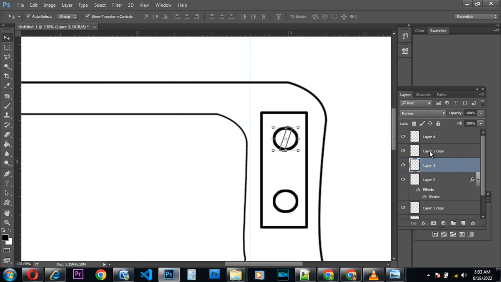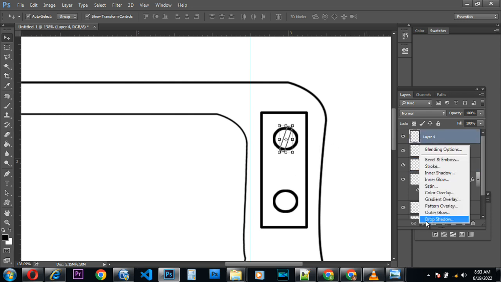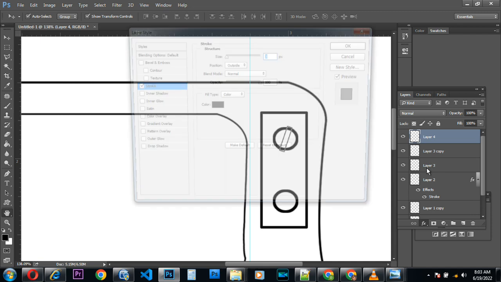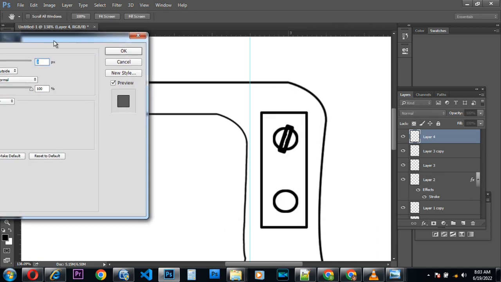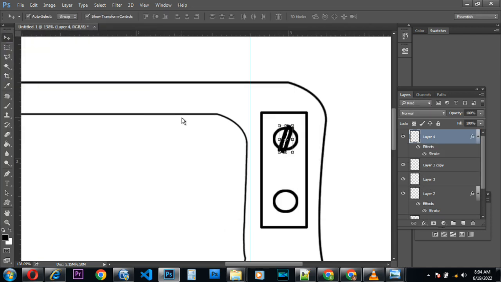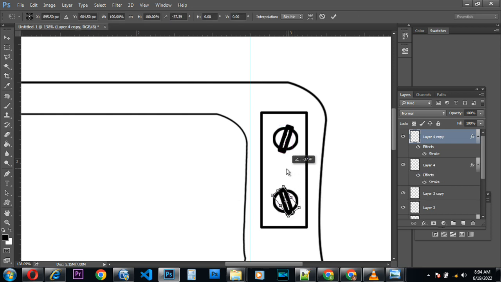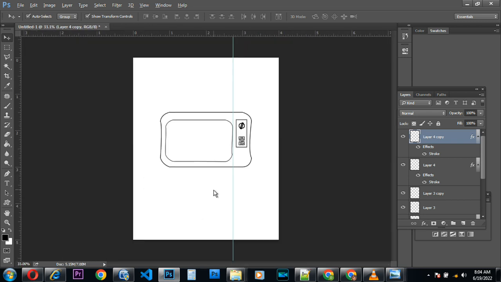What I'll be doing here is I'll add a stroke. Yeah, this is okay. Then I'll have to drag this one down. When I drag this one down, I'll rotate. Then once I rotate, the next thing I'm gonna do is,